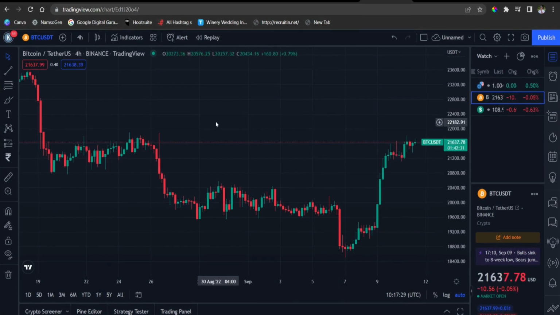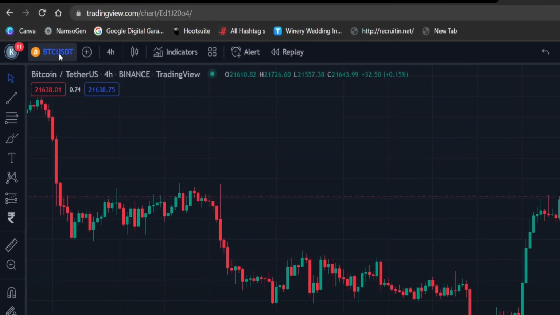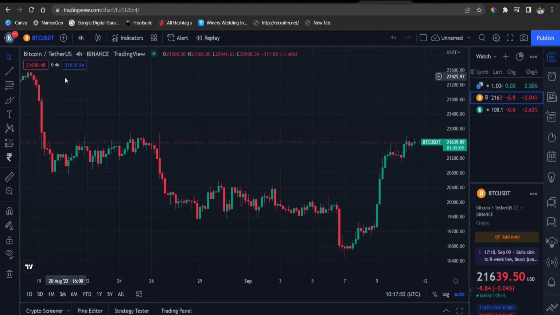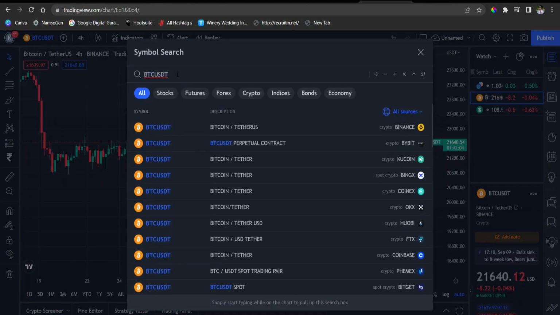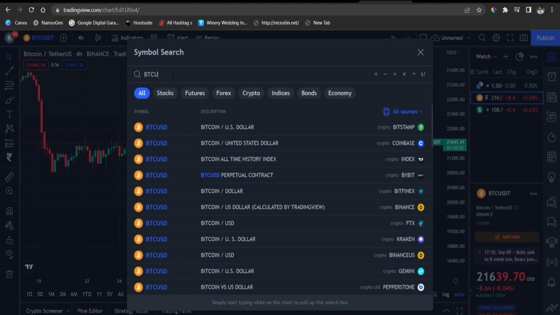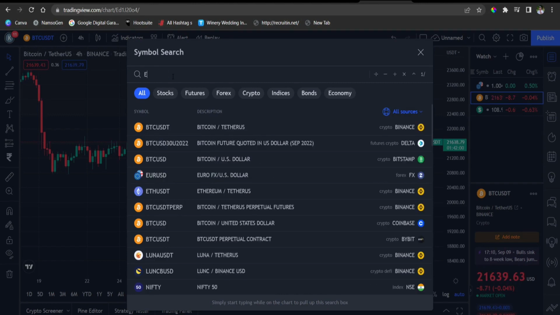So after clicking on dark, the next thing you will do is to hover around here. This is where you have your symbol, which is like your crypto pair. If you're trading Forex, that is your currency pair. You trade the base currency against the quote currency, either way, to be able to make profit. So if you want to change the pairs at any time, you just click on this. After clicking on that, you can go ahead and search for whatever kind of crypto you're looking for. Let's say ETH